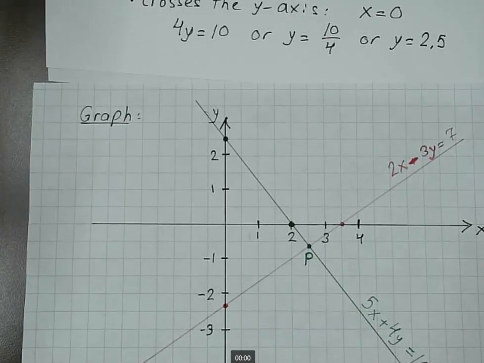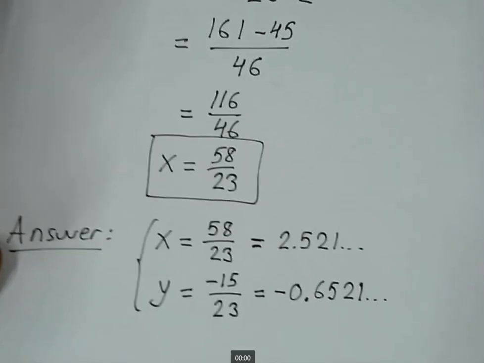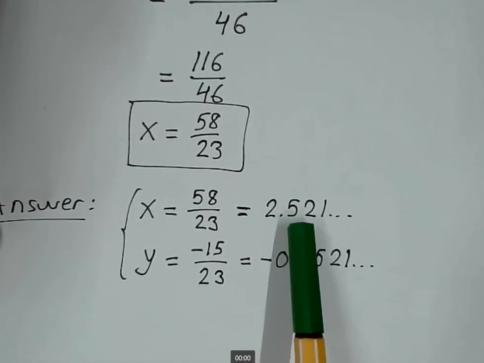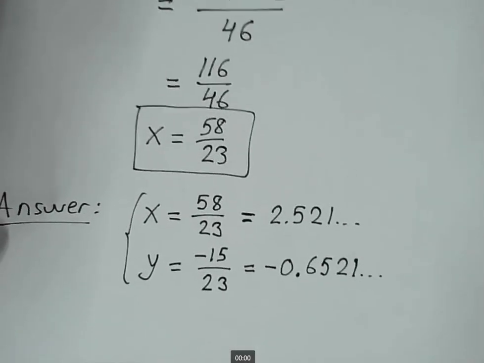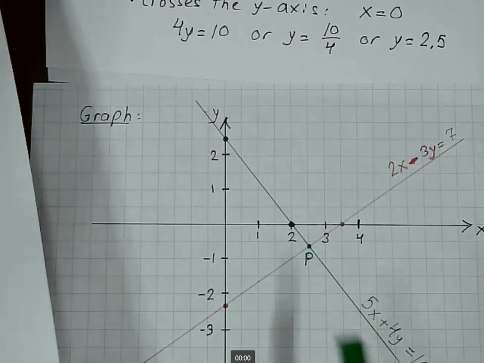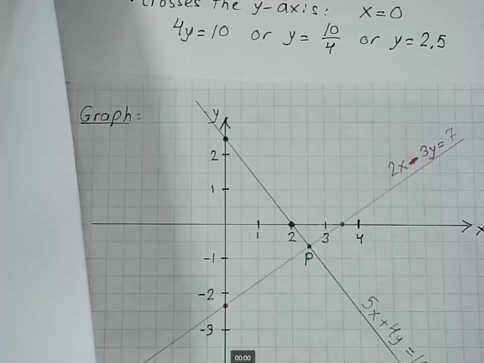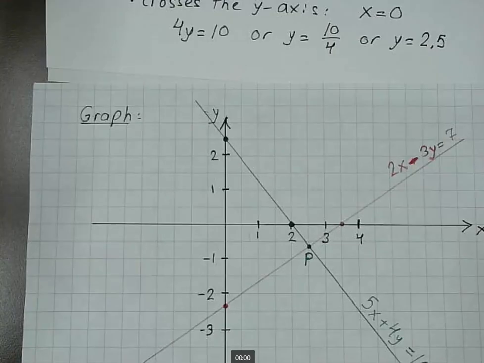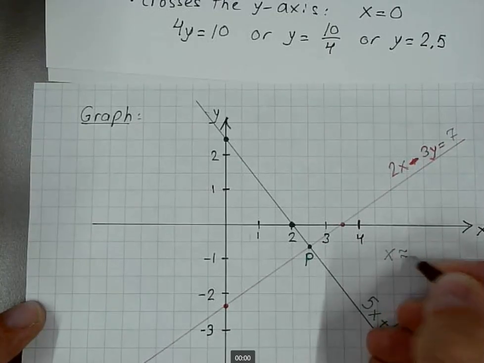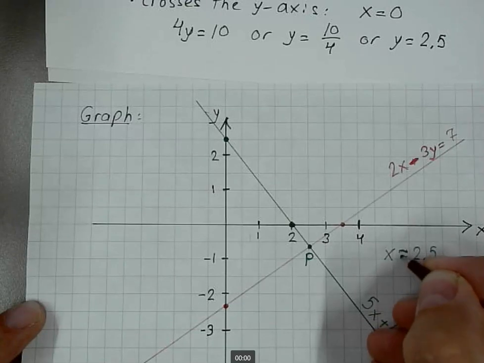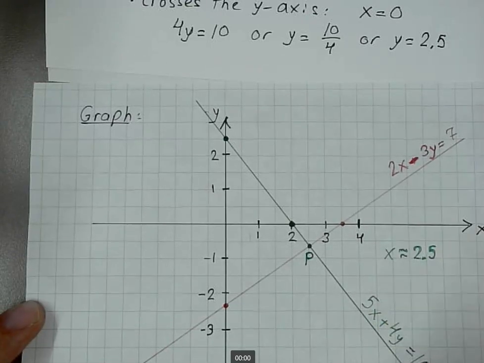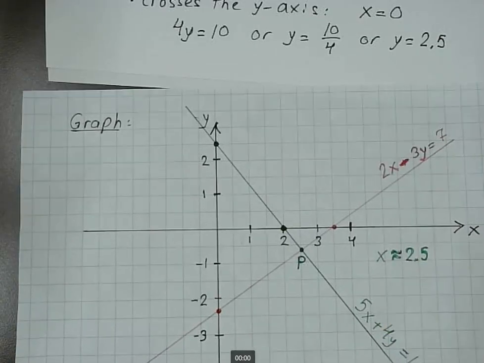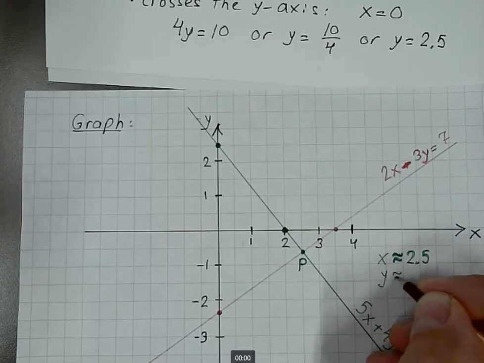And when we compare that to the answer we got by solving that pair of equations, we got 2.52. So in this picture it shows the value of x quite nicely. And let's say x equals about 2.5. This is approximate sign, not equal sign. And y equals about,